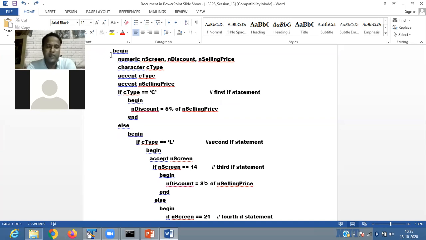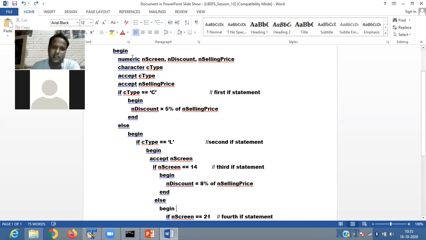For a numeric value, we have to take it as numeric, and for a character value, like here it is asking what the type of your TV is. The type of your TV is CRT or LCD. As we are passing character data, here we define the character data type. As the screen size is numeric, we give it as numeric. Discount will be numeric.